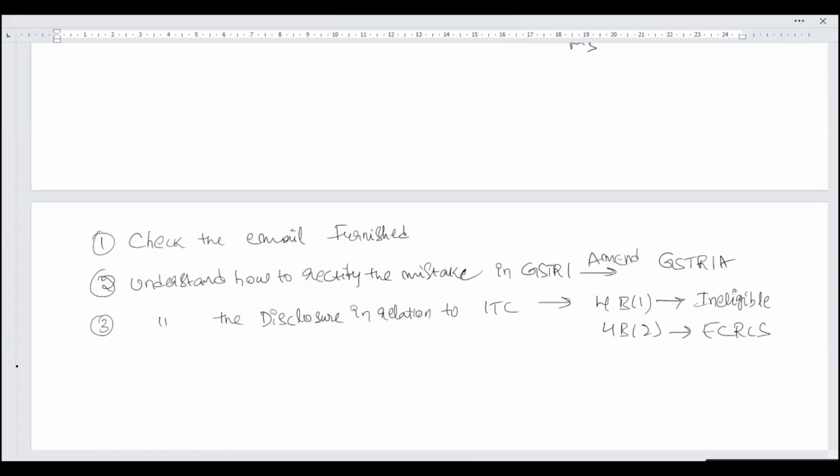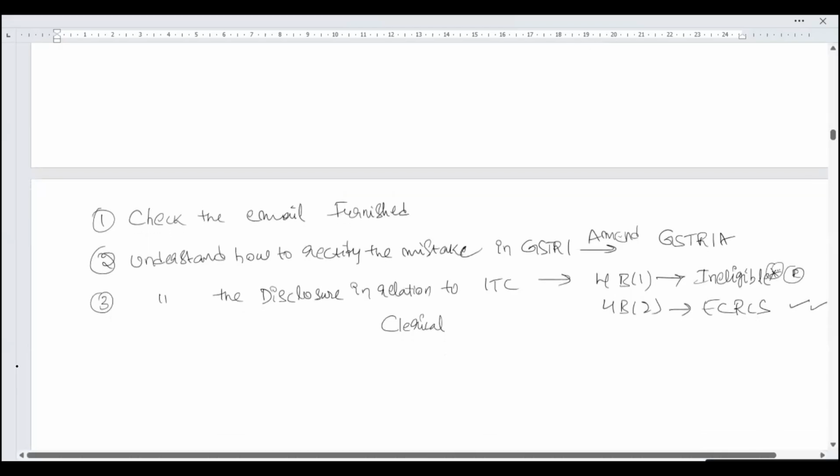Now, always know there are clerical errors or clerical mistakes which may happen. Sir, I don't know that it is eligible. By mistake, I have filled here as ineligible. So any data what you have entered as ineligible, this goes out of your credit ledger. So there is a risk which is there. So whenever you have a doubt, park that credit where you have a doubt in ECRCS, which is called 4B2,